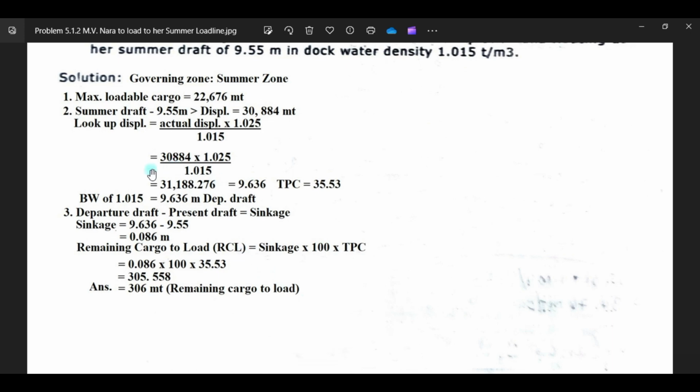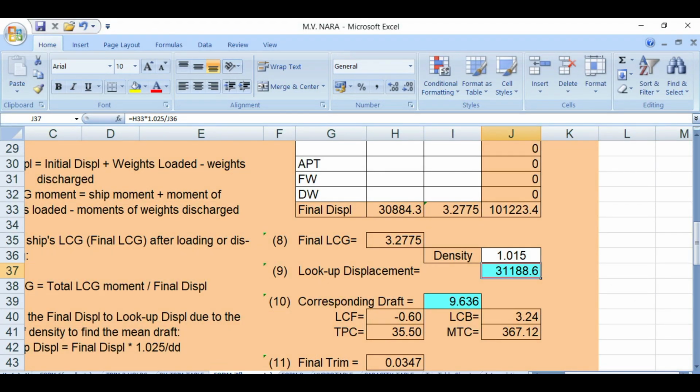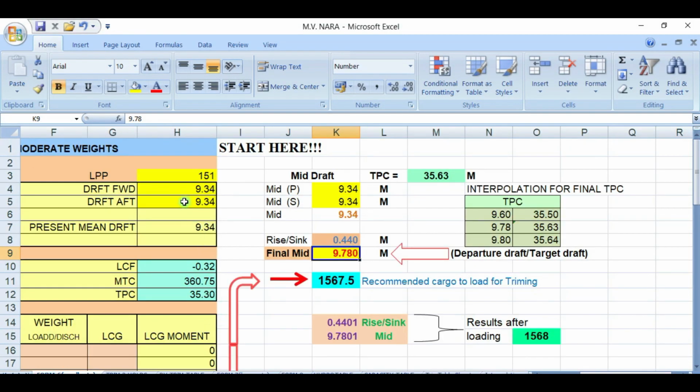Okay. Now this will be your departure draft in loading port of a density of 1.015. Okay, so 9.636. And let's go to the program. So your forward draft will be 9.55, and your aft draft will be 9.55.